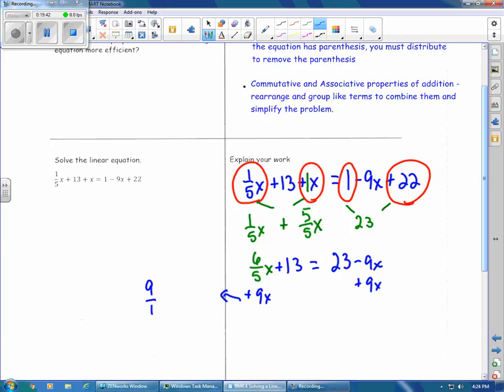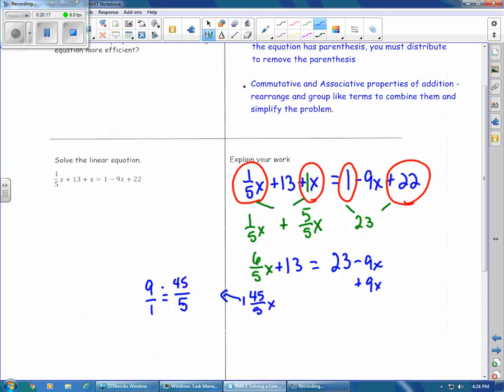And if I want to have a denominator of 5, I can cross multiply here. 9 times 5 divided by 1 is going to be 45. Or I can think about 1 times 5 equals 5, 9 times 5 equals 45. Either way. So I know I can replace this 9 with 45/5 x,